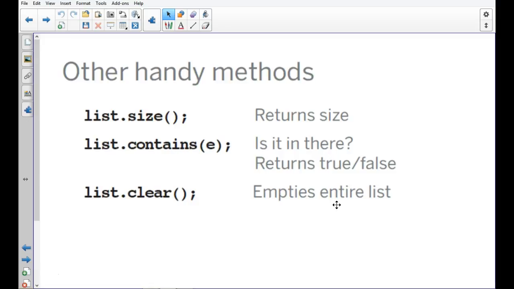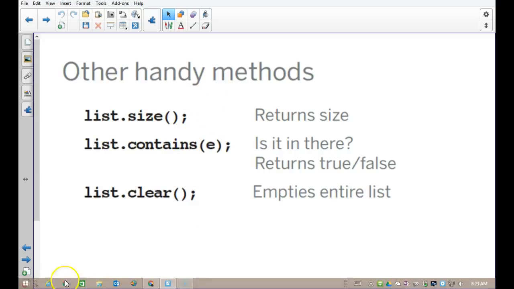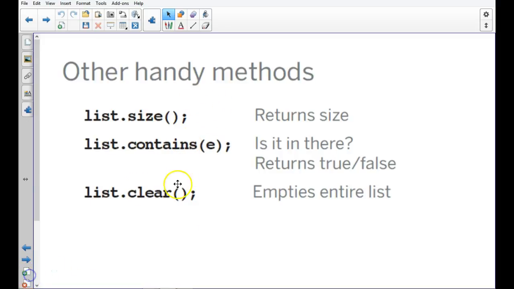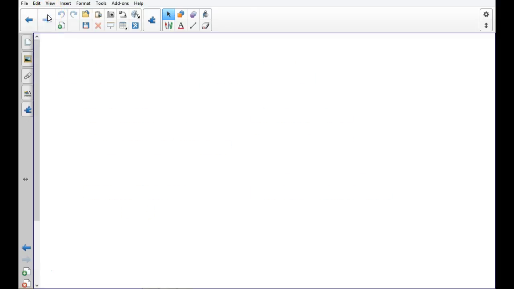It's different than individually deleting every item. So list.clear, through some experimentation, we found out does delete everything that's actually in the list. It doesn't just do null, null, null. It actually eliminates everything in the list. So it's more like list.delete all. Okay, so